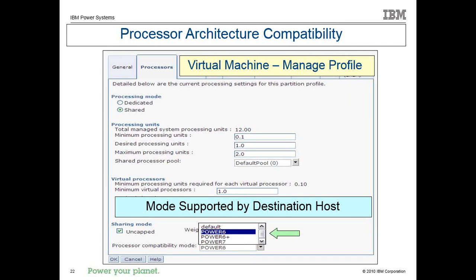And so once again, processor architecture compatibility. Let's spend a couple minutes on this chart. If I'm on a P6 and I move this to a P8, that's great. When I move the partition, it's running a P6 instruction set. When it gets over to that P8, it continues to run a P6 instruction set, or P7 or P6 plus. Wherever you come from, we continue to run that instruction set on the destination server. So that sounds pretty good. And then if you want to move that partition back, it's still running P6 instructions. You can move it back to the P6.